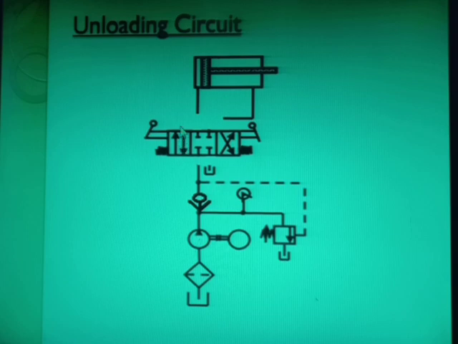And this is position 1 of the direction control valve, this is position 2, and this is position 3, which is known as the central position of the direction control valve, where all ports are closed. And we require one actuator, that is the double acting hydraulic cylinder. So this is the double acting hydraulic cylinder.